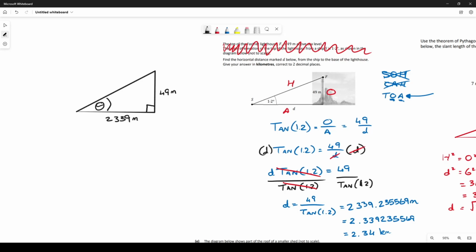They might do this instead, where they give you the triangle and they give you 2 sides, and if they ask you for the 3rd side, you use Pythagoras, but if they ask you for the angle, you have to use SOHCAHTOA. Again, if they mention an angle, we're going to use SOHCAHTOA. And it's similar to before, because you notice we have the O and we have the A, so we're still using tan, but this time you'll notice in the setup of it,